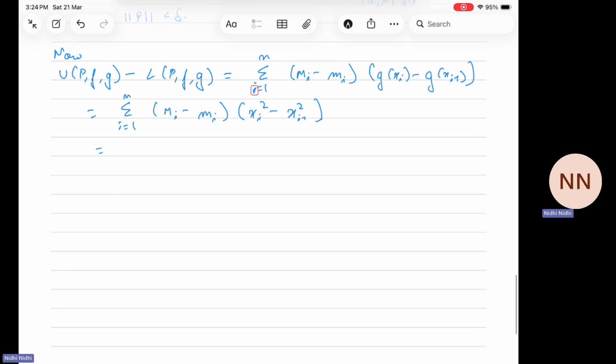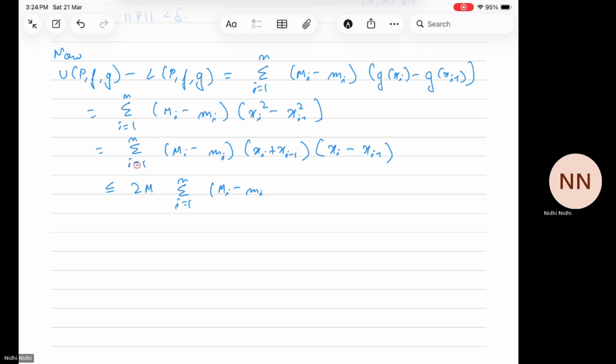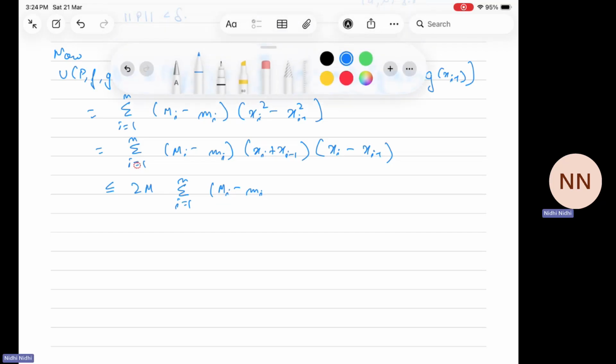So this will be summation i from 1 to n, (M_i minus m_i) times (x_i plus x_{i-1}) times (x_i minus x_{i-1}). So I can write this to be less than or equal to 2b summation i from 1 to n, (M_i minus m_i)